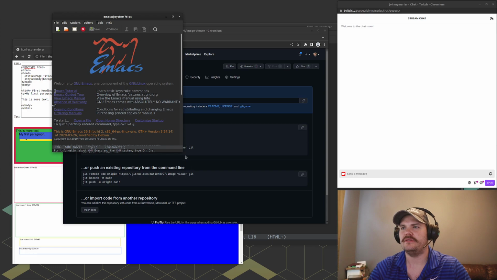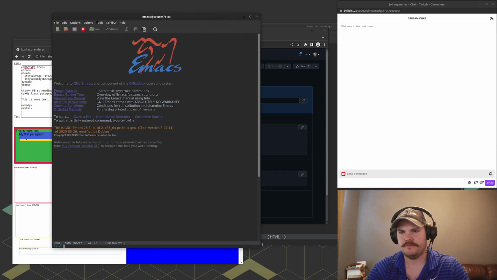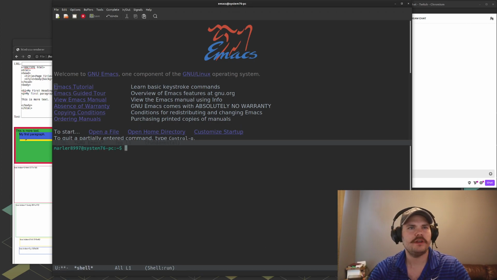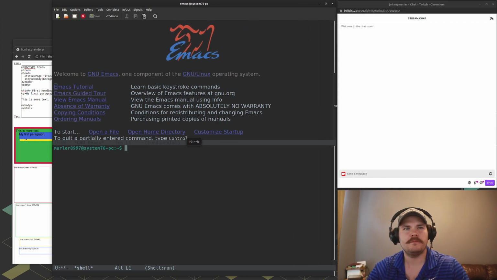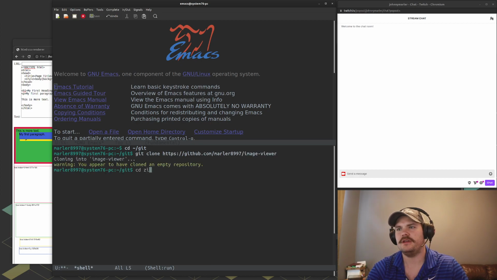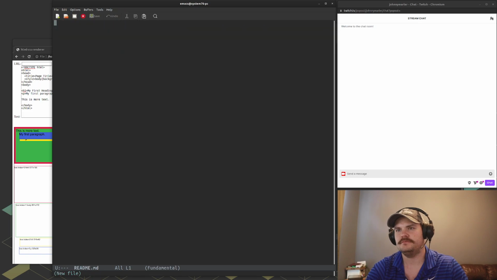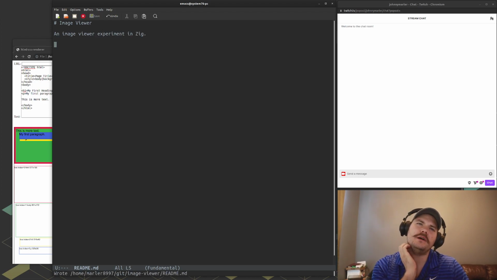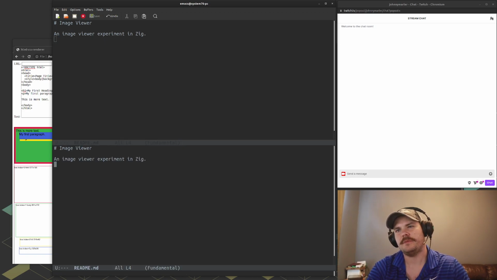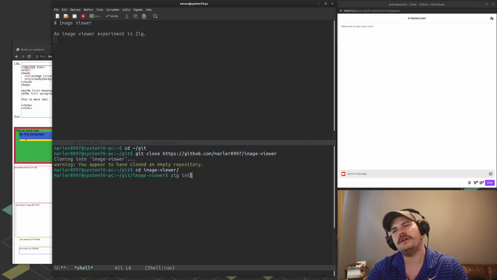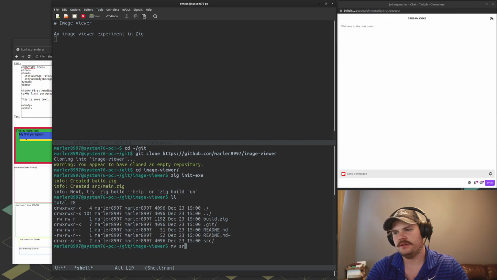Set up a new instance of Emacs here. Hopefully that font's a good size. Image viewer. Okay, image viewer experiment Zig. I'm not going to worry about a license yet. Zig init exe, is that what it is? Main.zig,